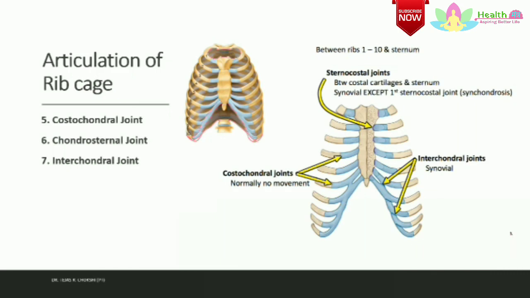Now the chondrosternal joint. It is the articulation of the costal cartilage of ribs 1 through 7 anteriorly with the sternum. Rib 1 articulates with the lateral facet on the manubrium, rib 2 with 2 demi-facets at the manubriosternal joint, and ribs 3 to 7 with the lateral aspect of the sternal body. Now the chondrosternal joints of ribs 1, 6 and 7 are synchondroses, and those of ribs 2 through 5 are synovial joints.